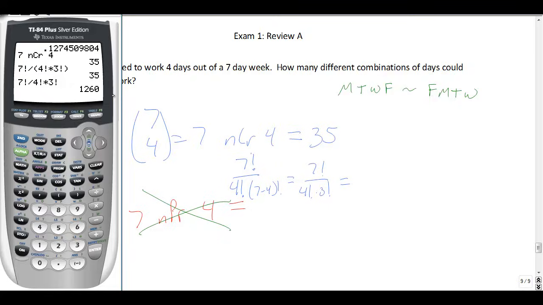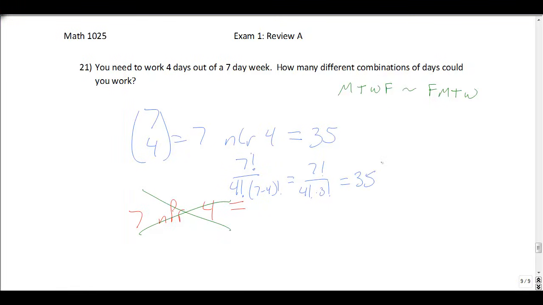And so what's going on there, let me write down the 35 here, is that if you do 7 factorial divided by 4 factorial times 3 factorial, order of operations says the factorial is going to take precedence here. We're going to do 7 factorial divided by 4 factorial, and then we're going to multiply that whole thing by 3 factorial. Effectively, what you're doing is moving that 3 factorial to the numerator by doing that. So you need to make sure that you have these parentheses here, or instead of multiplying by that 3 factorial,